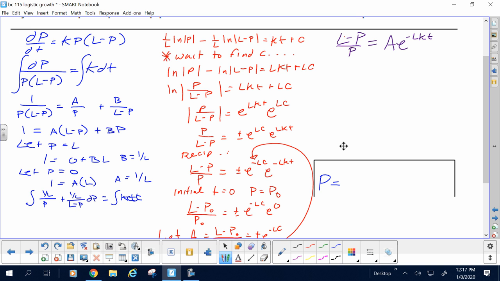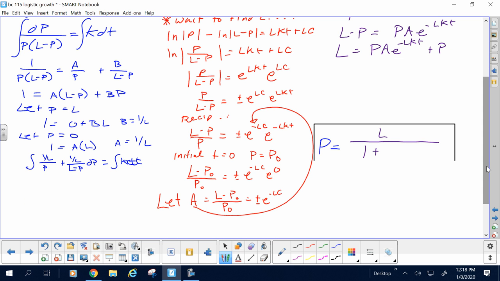Now we still have the objective of solving for P. So how would you now solve for P? Multiply. I heard somebody say multiply P over. I like it. Okay? Now what? You go to solve for P. Move over to that P, yeah? So L equals P A e to the negative LKT plus P, yeah? So P is L over, you typically write 1 first. It's just 1 plus A e to the negative